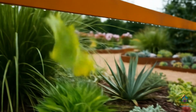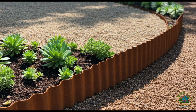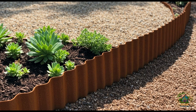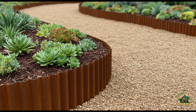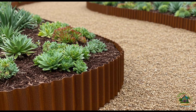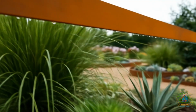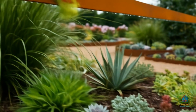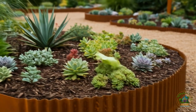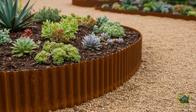Corten steel garden borders are a striking and functional choice for those who appreciate sleek, minimalist landscaping. Known for its strength and natural rusted finish, Corten steel offers durability and a refined industrial aesthetic perfect for modern garden designs. The gentle curved shape and corrugated texture of the edging bring a soft visual flow that complements dry gardens or succulent beds. The warm rust tone contrasts beautifully with dark mulch and vibrant greenery, creating a balanced and